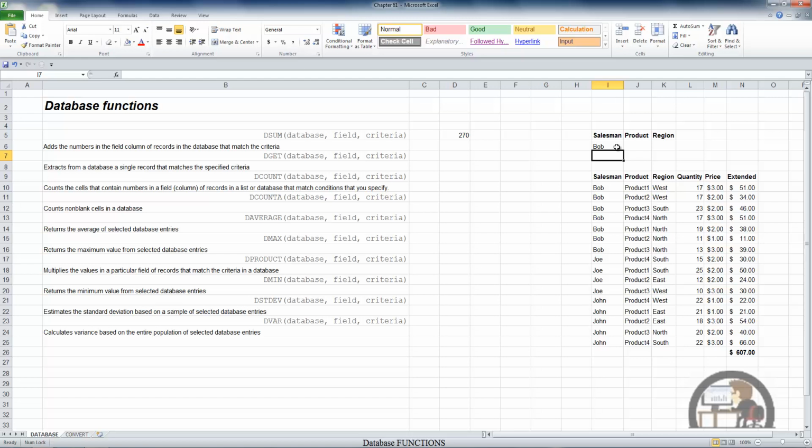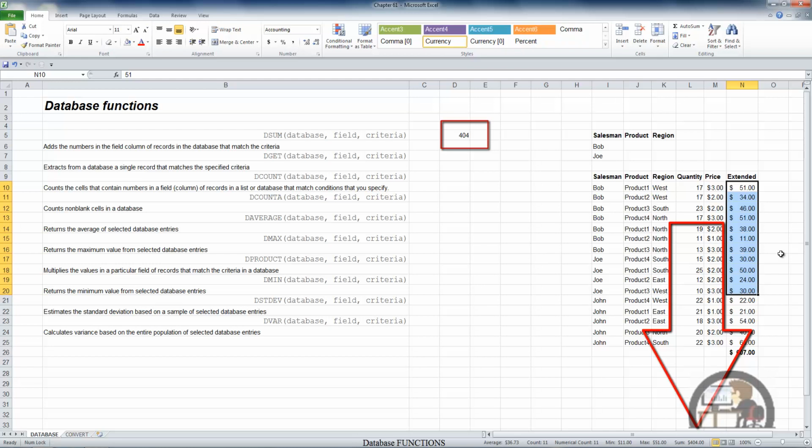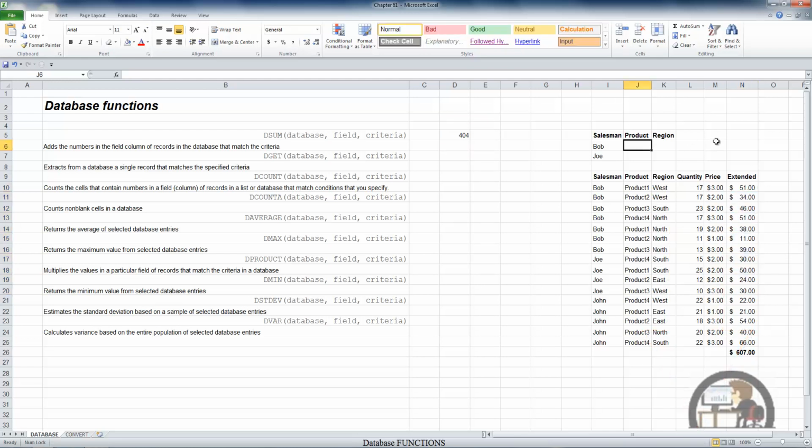So if I make it Bob or Joe, so I actually have defined two salesmen, enter, the dsum function should return the extended values for all of the sales for Bob and Joe. If we're working our way across the criteria range, the database function processes the criteria defined as an and rather than an or. So we have Bob and sales that took place for, let's say, product 1, or